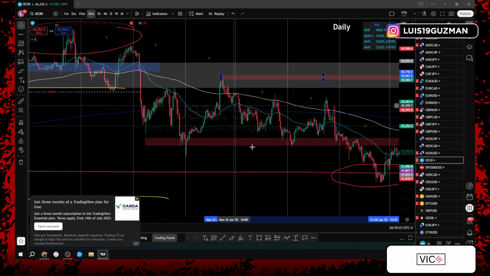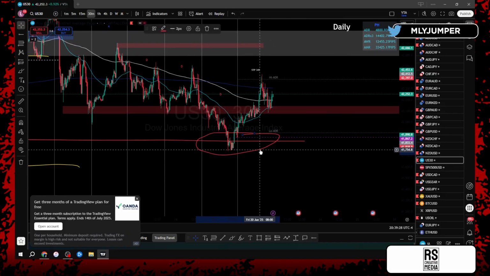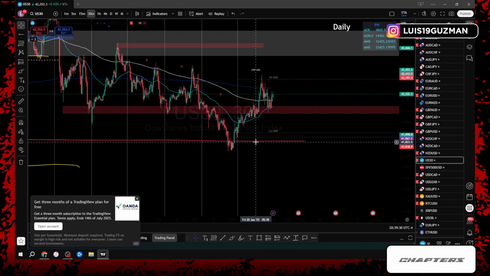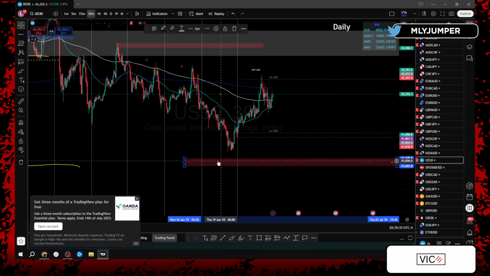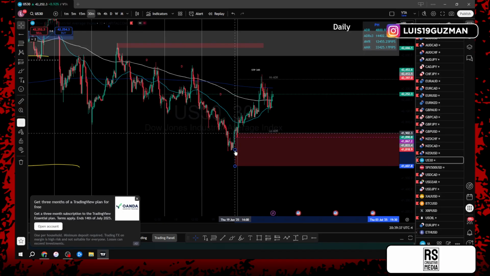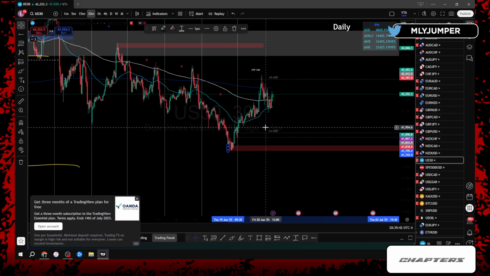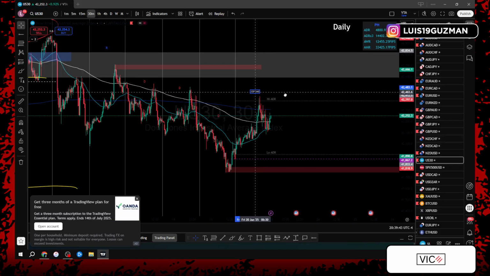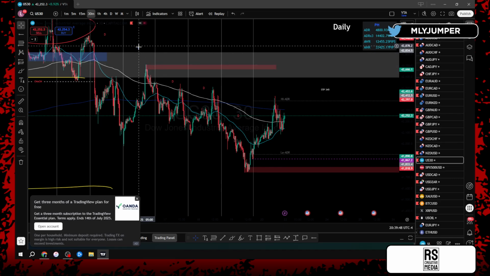With that being said, going into next week, you already know what I'm gonna be looking at. When it comes to US 30, I'll be looking for that lower low, and we have that gap at the bottom of the market. We already know where price wants to go. It's just a matter of when and how fast price is gonna do it. Right after 3 days of drop, market must move sideways or go up, and we ended up going up.